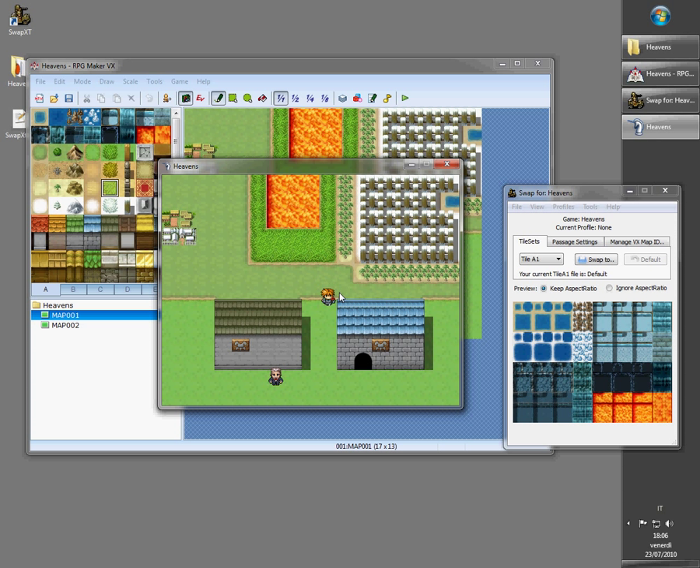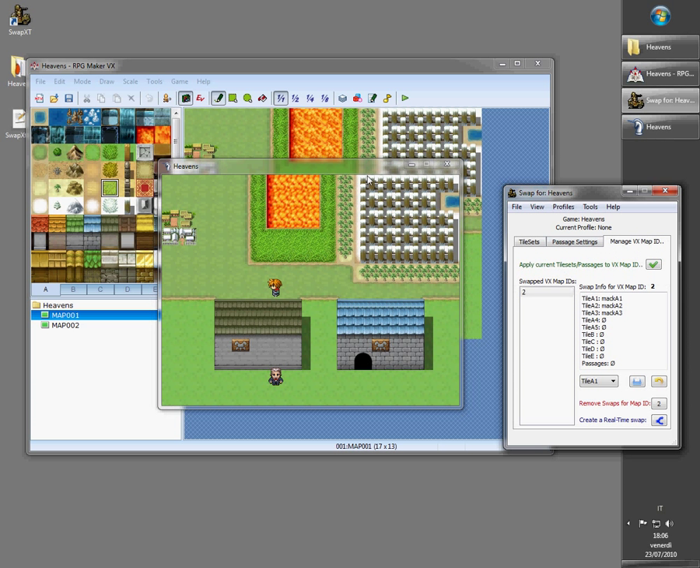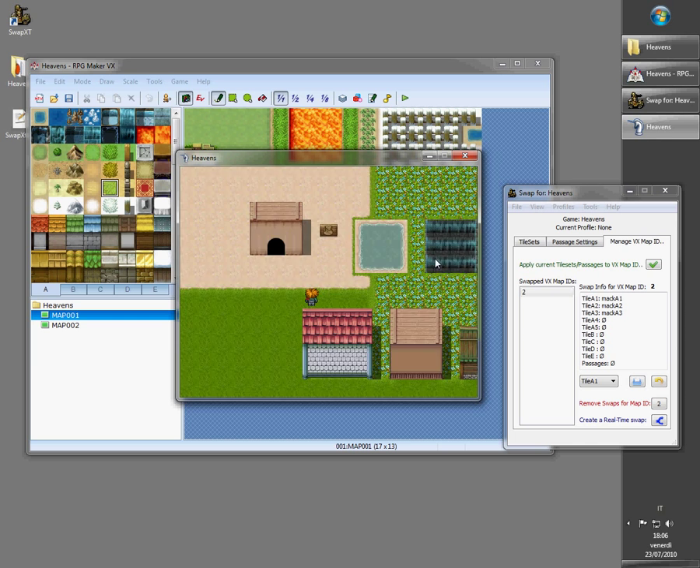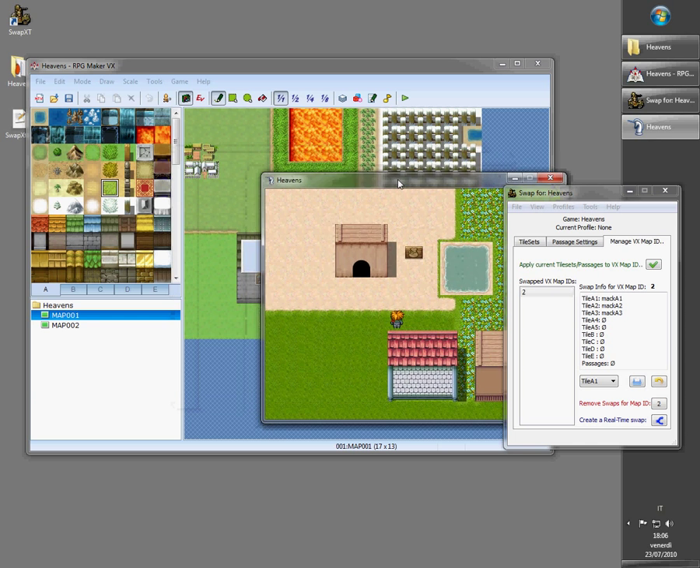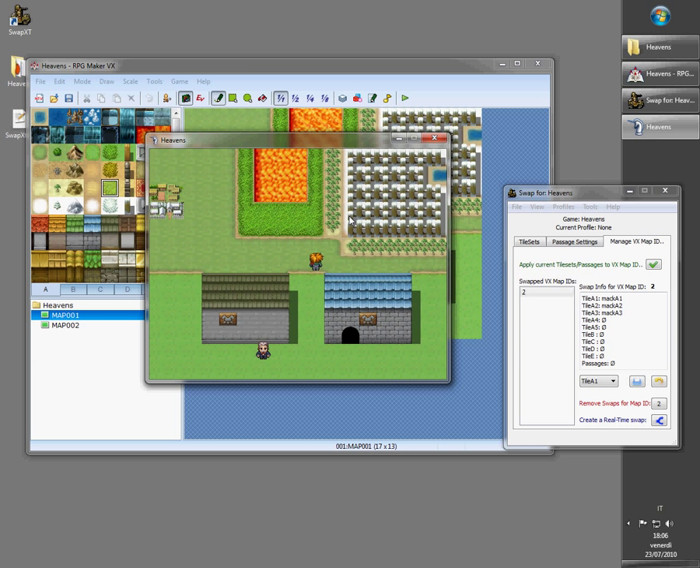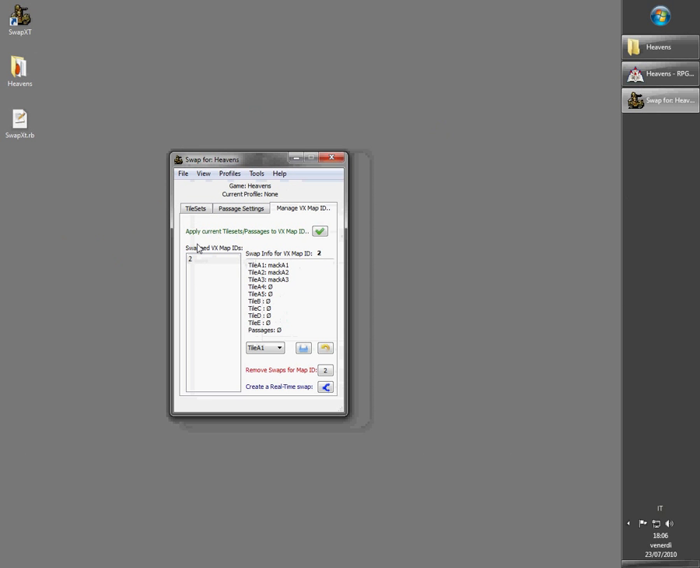okay, now we go. This is the first map, map ID 1. As you can see, it has default tile sets. In fact, there isn't any map ID 1 over here. Now, if we go on map ID 2, it should automatically swap. And there we go. Map ID 2 has swapped to the new tile sets. If we go back on map ID 1, everything is default. Okay? So what we did is that when you go on map ID 2, it must swap this,